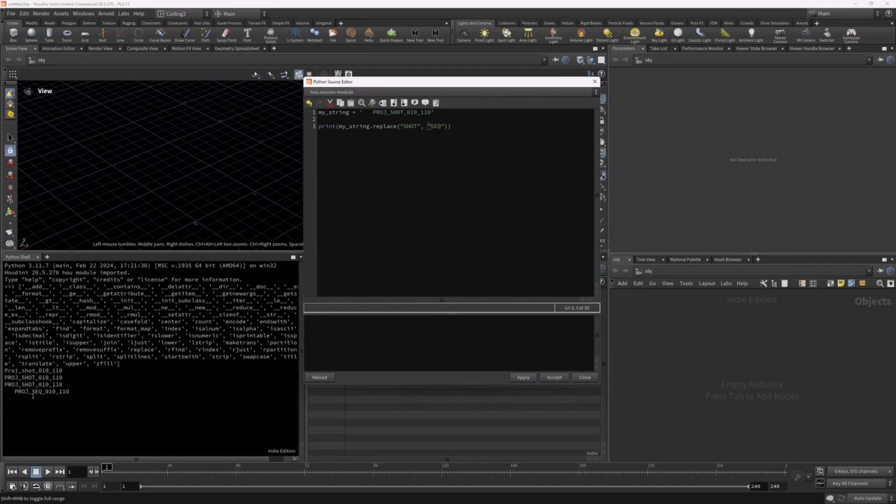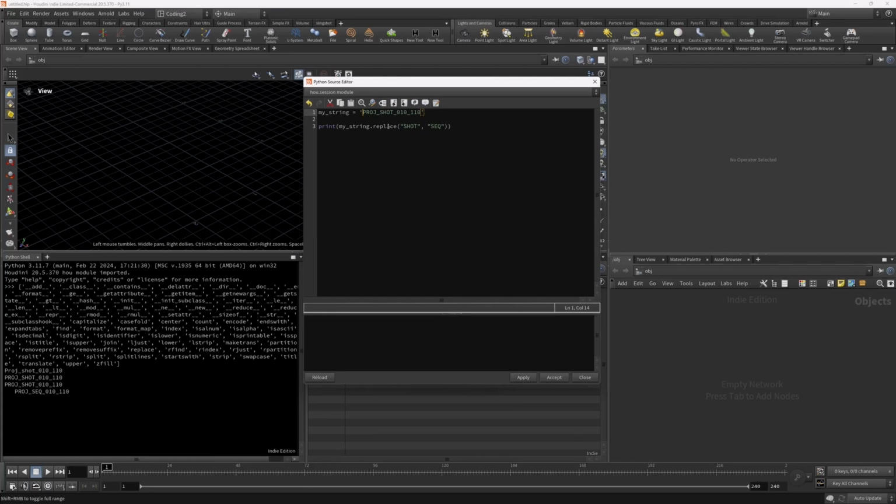So now if I click apply, it's going to change shot for sequence. Again, remember that although you're making this replacement, this is not going to change the initial string. Right? The strings are immutable. You will need to create a new variable and then put this inside in order to create a new string with the correct information. So let me just remove the white space here, and let's go to the next one,